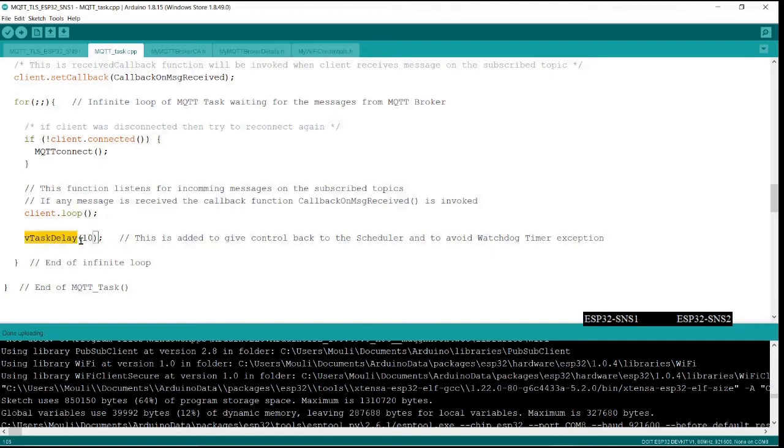So you need to keep the OS happy so that this watchdog timer exception doesn't come up. You need to take care of this if your code is running forever without giving control to the OS. Now, how do you give control to the OS? Any task delay or anything that you do which is a FreeRTOS OS call will reset this watchdog timer. If you don't do it, then it's a problem.